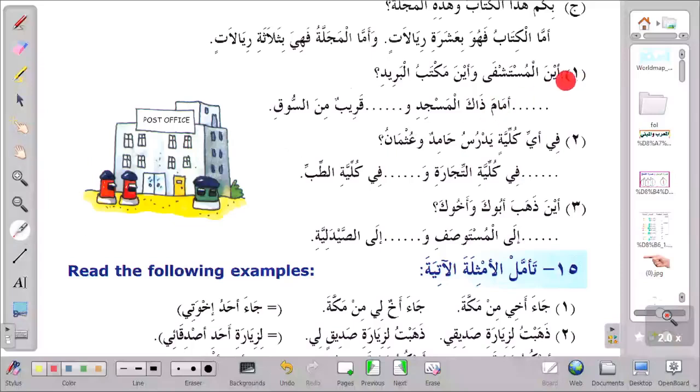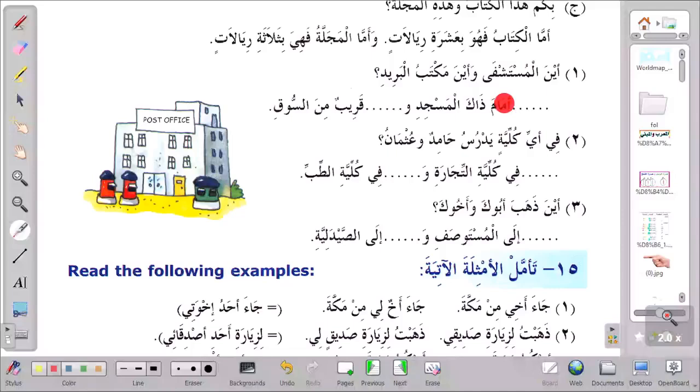Now, أين المستشفى وأين مكتب البريد? So they now want us to answer the 3 questions. أين المستشفى? Where is the mustashfa, the hospital? وأين مكتب البريد? And where is the post office? So let's answer. We'll begin by saying that أما المستشفى, as for the hospital,